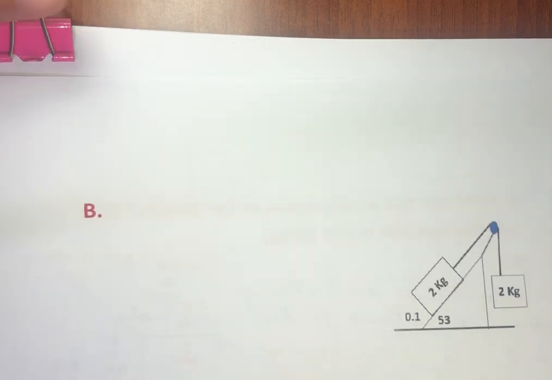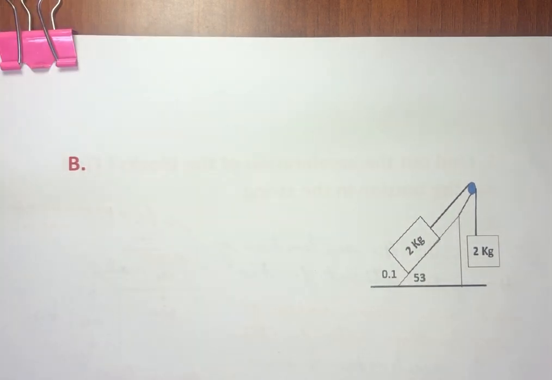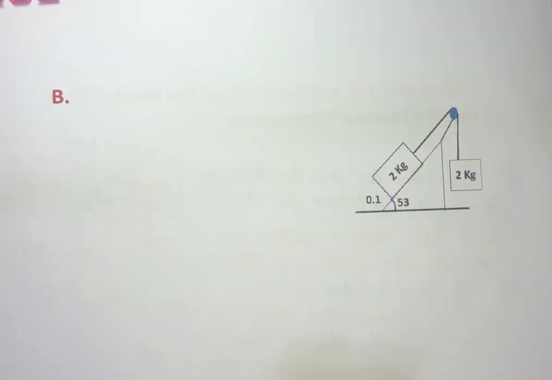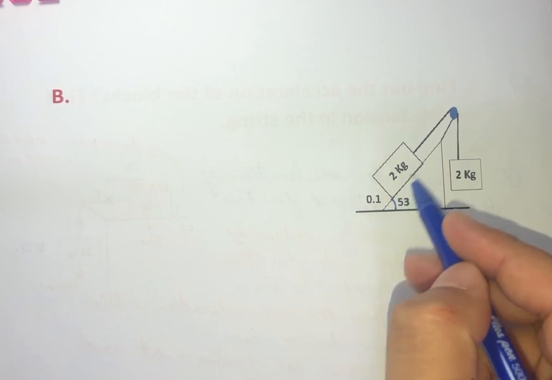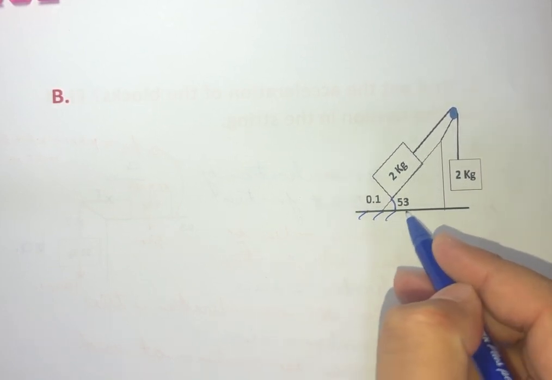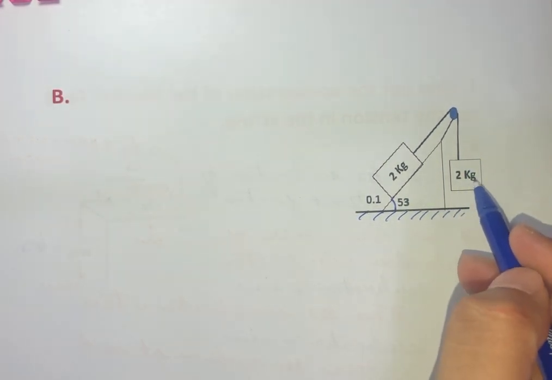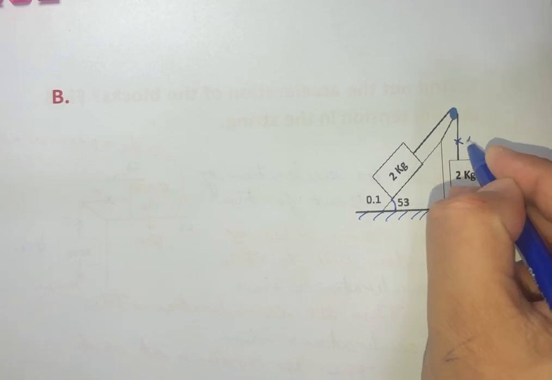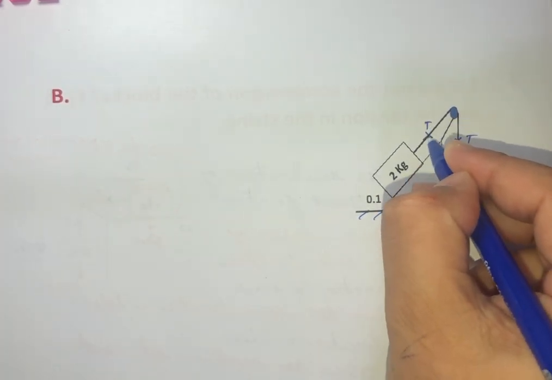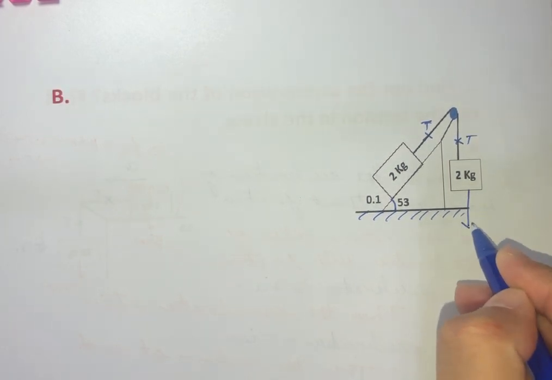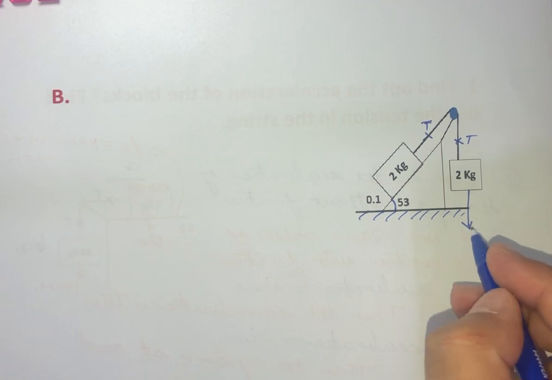Now we have the second question, same things. We have the B part, and in this B part, once again this angle is given as 53 degrees, the coefficient of friction is 0.1, and it is on an inclined plane of 2 kg, and the hanging weight is also 2 kg. So we have tension T here, and there will be 20 Newton in the downward direction,